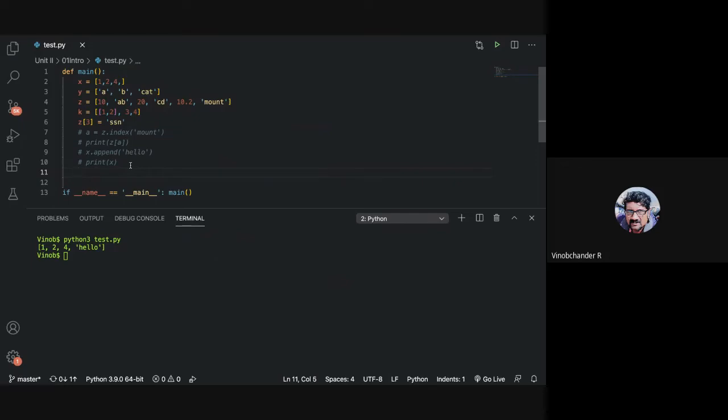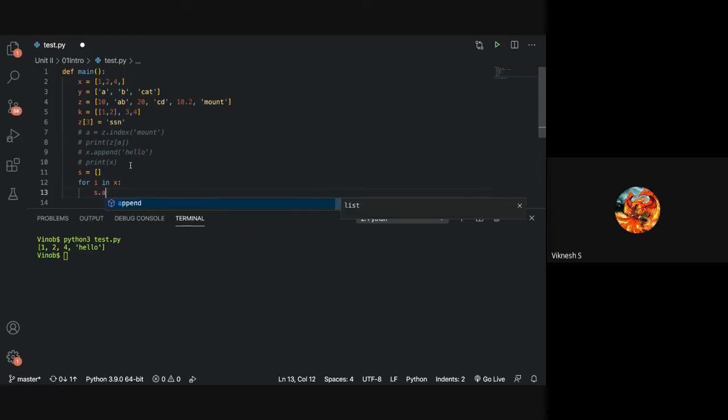Let us have an empty list which will contain the squares of all the numbers. Then we can have a for loop, for I in X, all the elements, and then S dot append I.